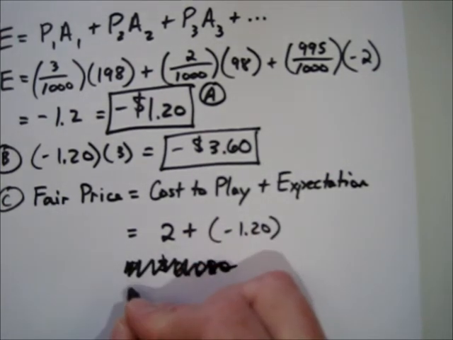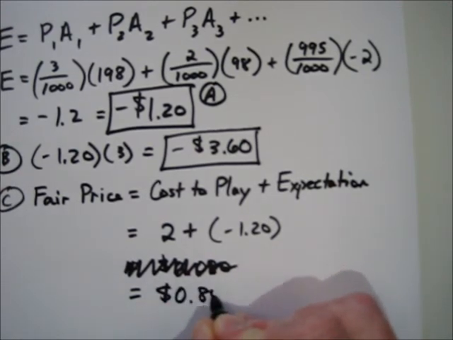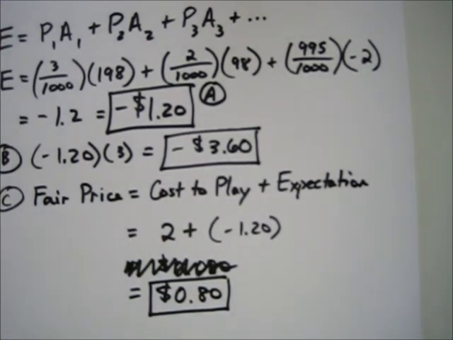So we add those two together and get 80 cents. But you will not often find tickets sold for their fair price, because usually the object is for the person selling the tickets to make money. If they were sold at fair price, then they wouldn't make